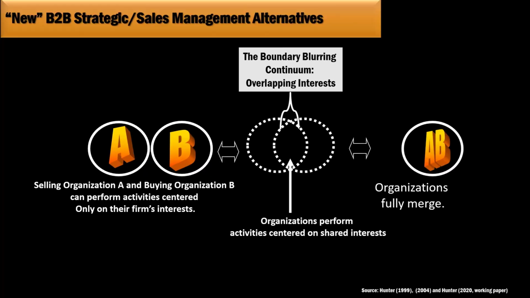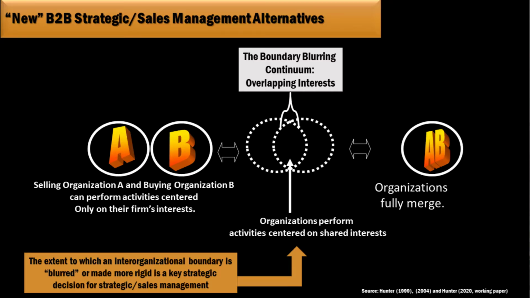So customer business development is literally focused on this space. I refer to this as boundary blurring, and the decision is about how rigid the sales organization wants to make their boundary with the customer account, or how porous they want to make those boundaries. How much overlapping do they want to work with? There's a lot of porousness when you start sending, for example, 500 people to Bentonville, Arkansas. That's a pretty porous boundary between Procter & Gamble and Walmart that would exist today.